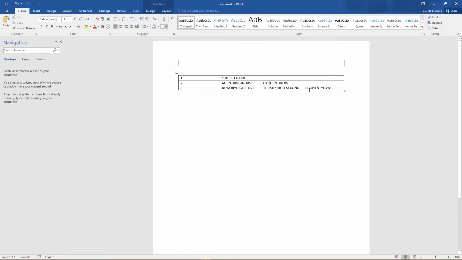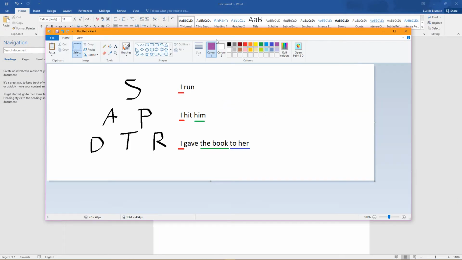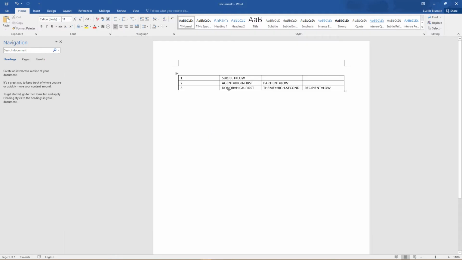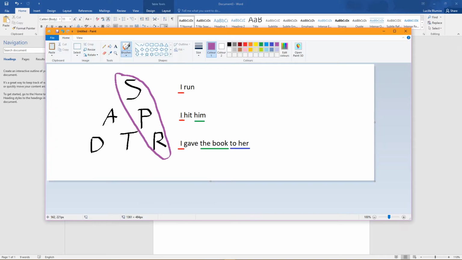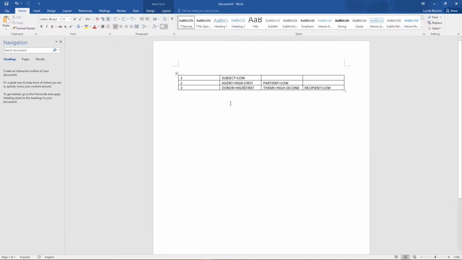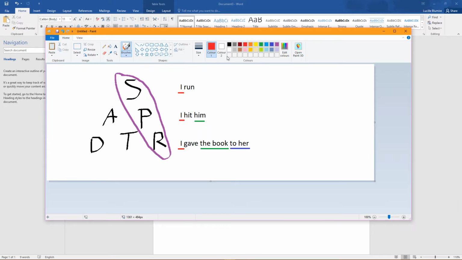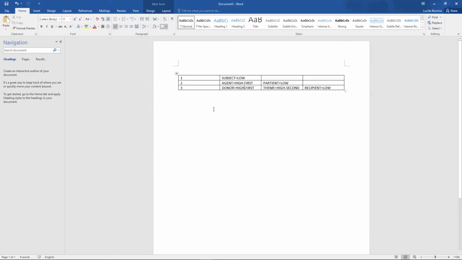So what we have got is subject, patient, and recipient are all marked as low. This is the system we have right now, which may need revising for naturalism, which was raised to me. The agent and the donor are both marked with a high first. What colours have I not used yet? Brown. And the theme is a special snowflake that acts on its own. So my question is, is this a reasonable system? And my guess is no, it is not.